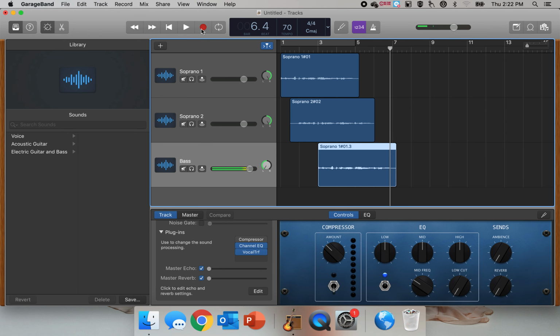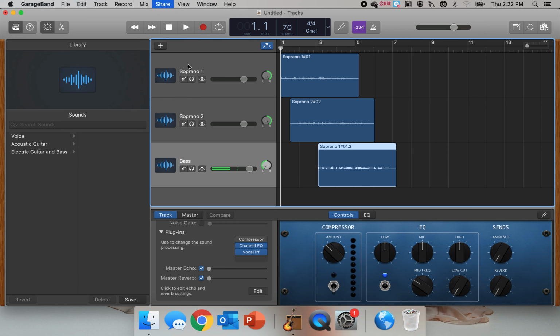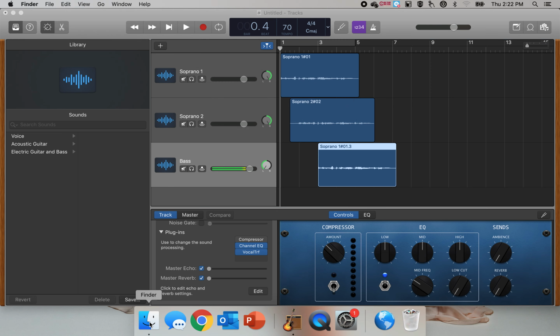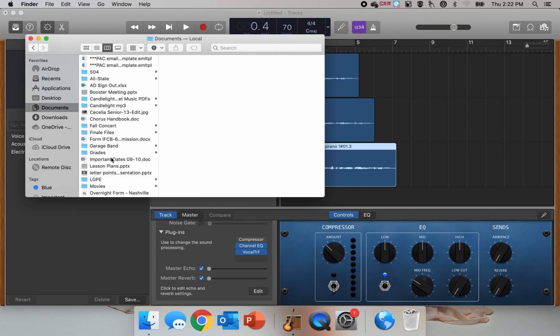Okay, so now what I can do is export that, and it's going to export with those settings. So I'm going to hit share, export song to disk, and then I'm going to name it row your boat bass. I'm going to export it as an MP3 file. You can export it as any one of these types of files. So I'm going to export it, and it's going to export it with those settings, so that when I'm listening to it as an MP3 file,